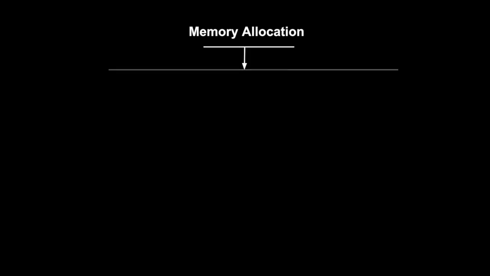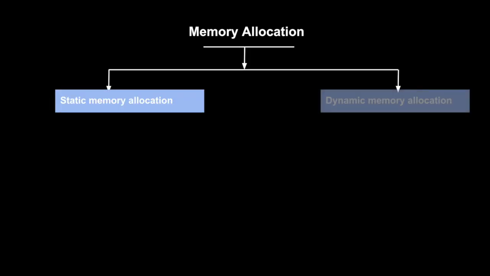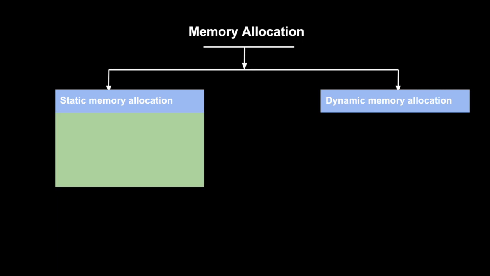So, memory allocation can be static or dynamic. Static memory allocation refers to the process of allocating memory during compile time. Now, you might wonder what compile time is, right? It is just a programming term that refers to the time taken by a compiler to change your source code into machine understandable form. So while allocating memory statically, we should fix the memory size at the beginning. This concept is mainly applied in the context of arrays.